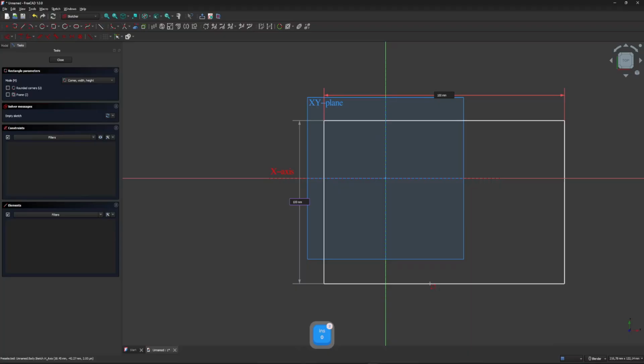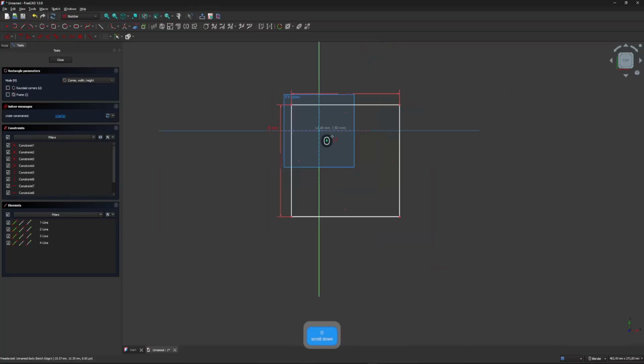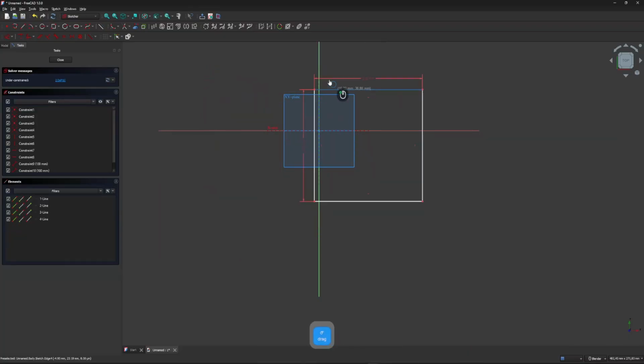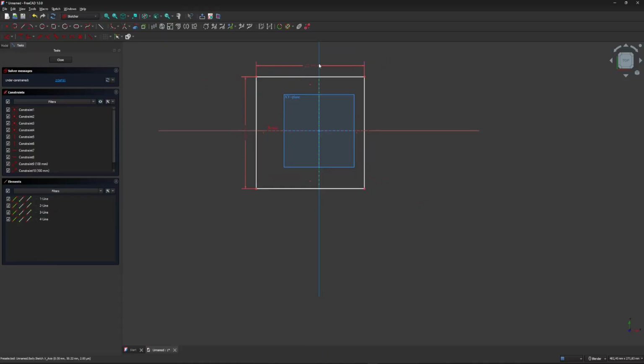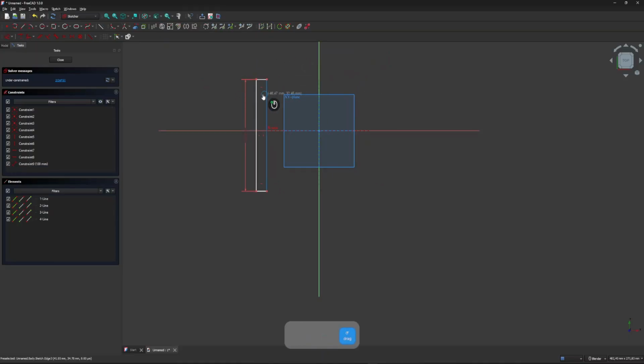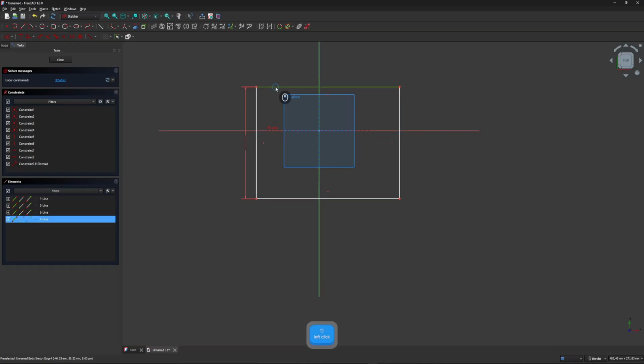So 100 millimeters and enter. And now we have a 100 millimeters by 100 millimeters square. Now, if you accidentally either delete this or you just freehand a box, you can also dimension these by clicking